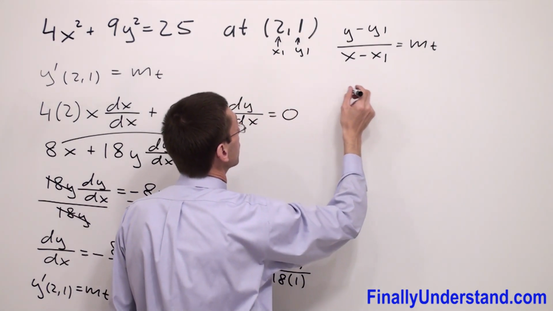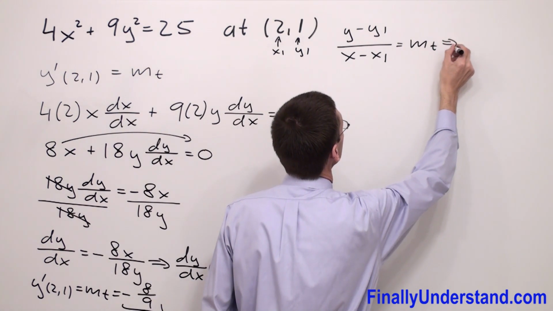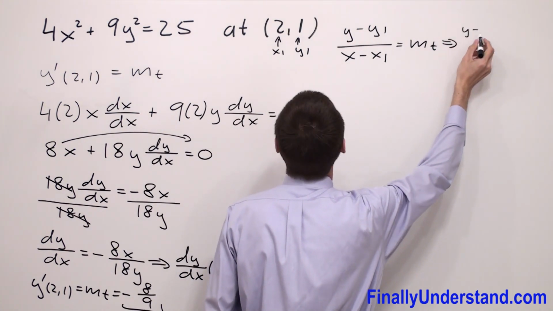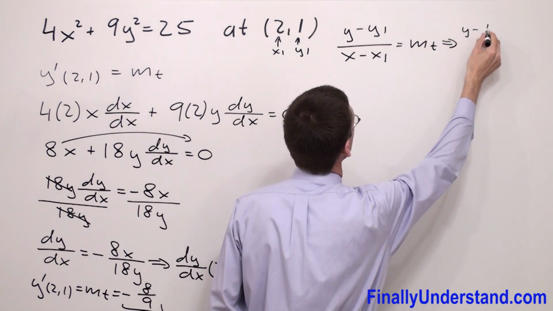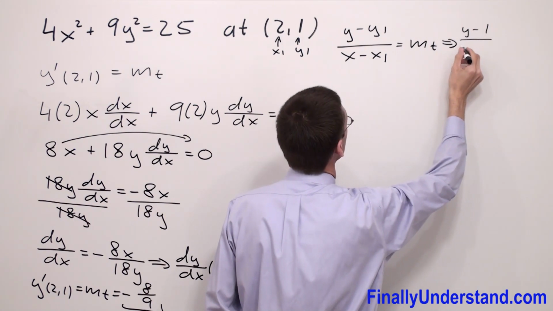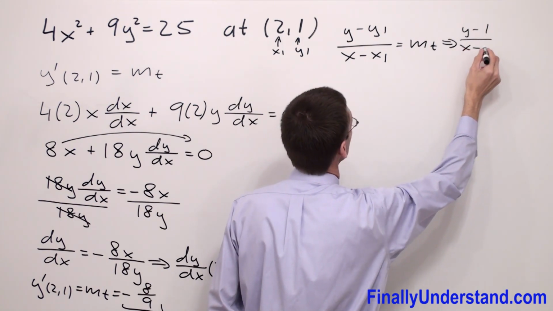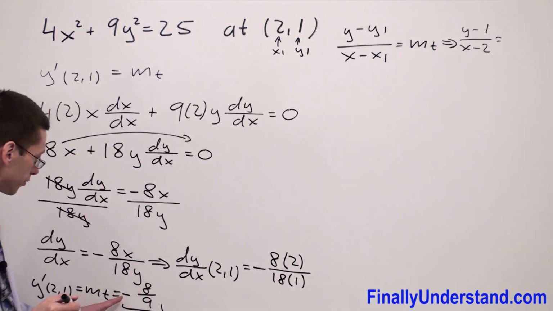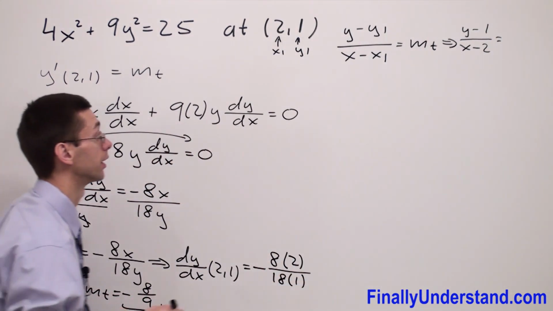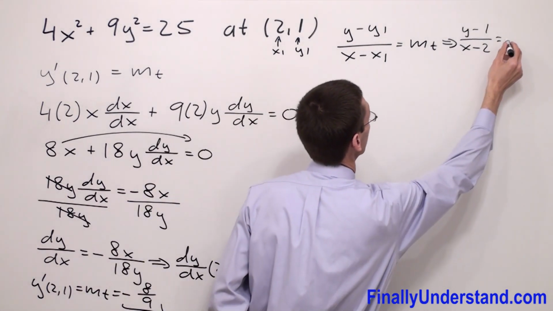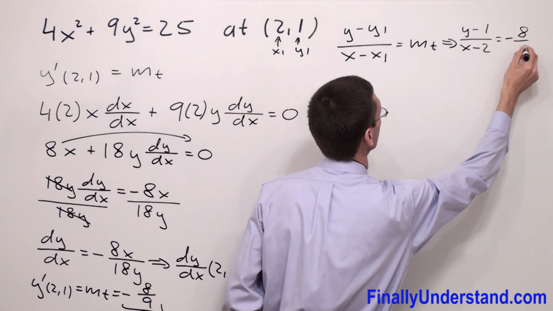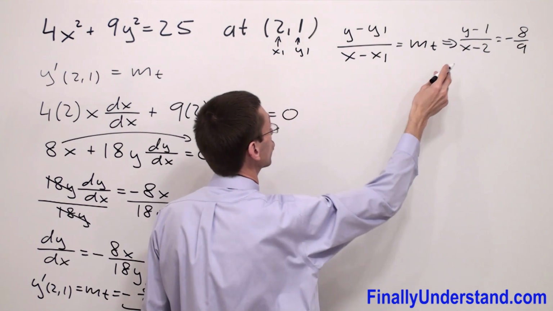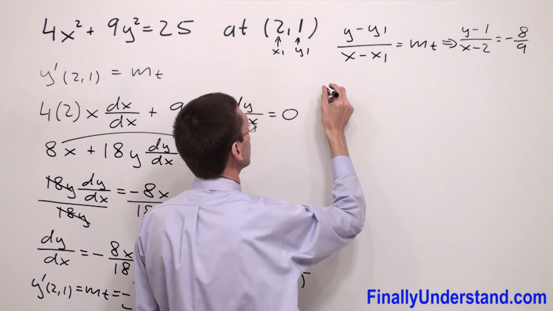So I have, let me write this down over here, (y minus 1) over (x minus 2) is equal to negative 8 over 9. I'm supposed to perform the cross multiplication, and I'm going to obtain